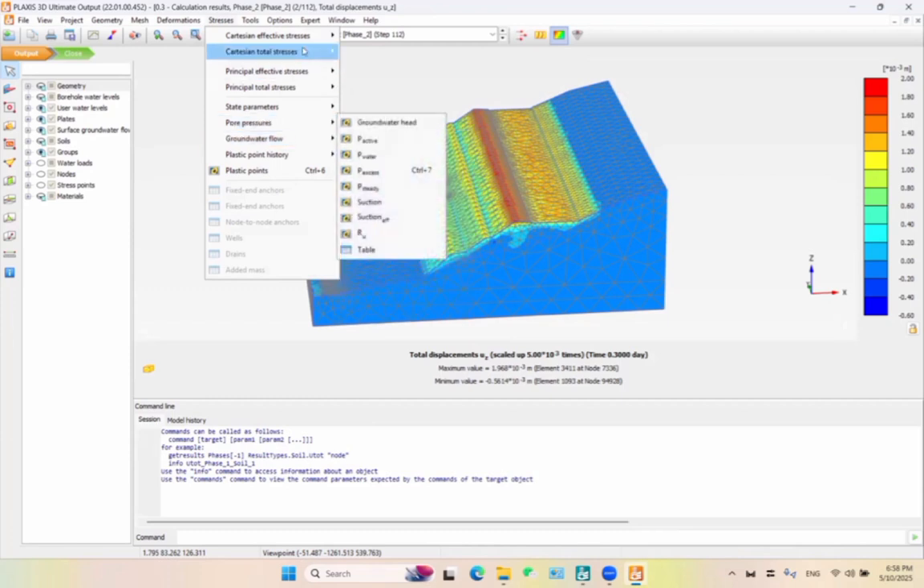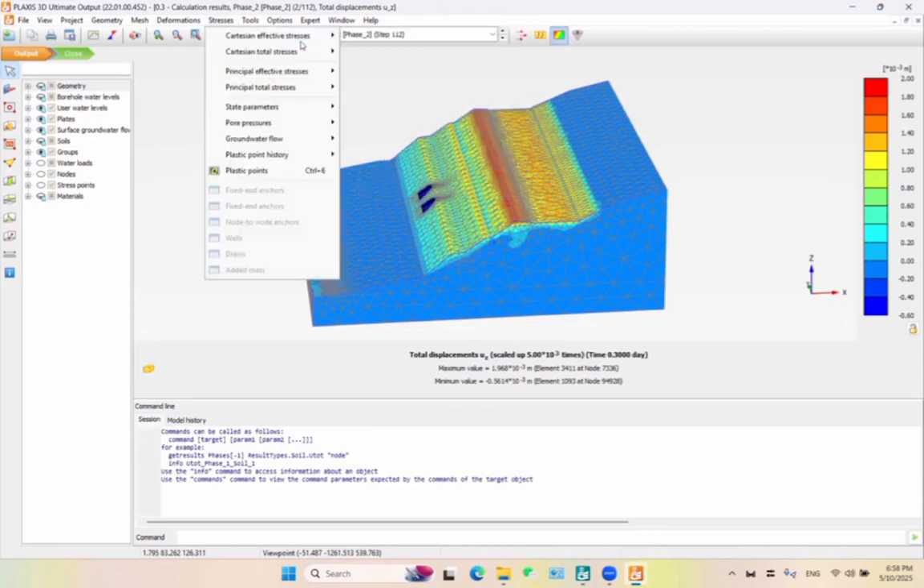Also, we can know the stresses here, the effective stress, sigma zz, for example, or the Cartesian stress. This is the total stress. And we all know the difference between the Cartesian effective stress and the Cartesian total stress, because the total stress is the effective stress plus the water, okay? So